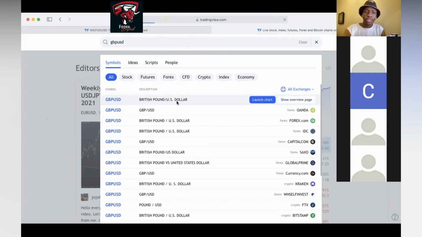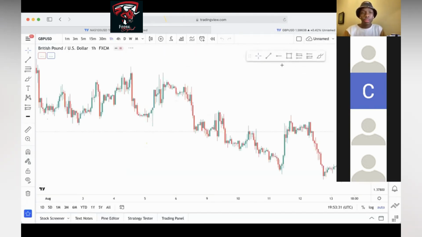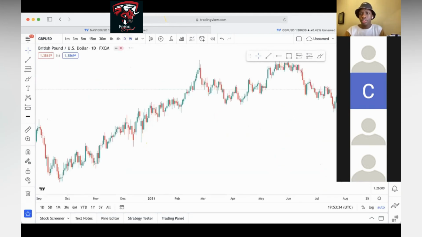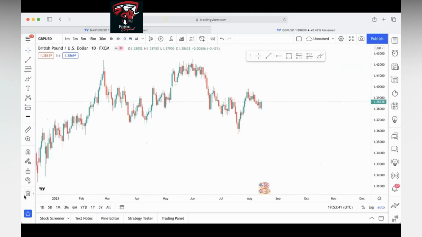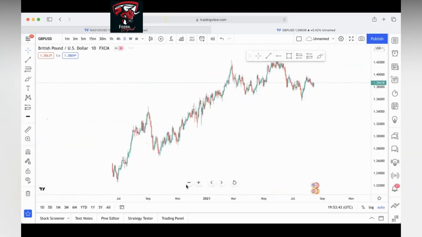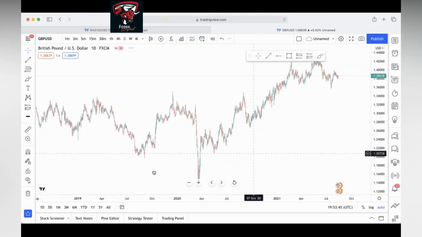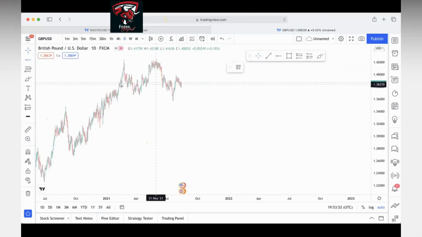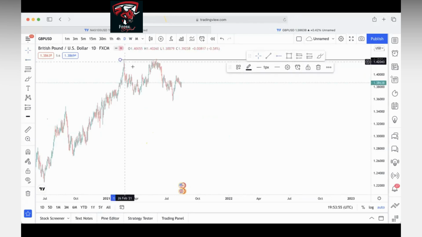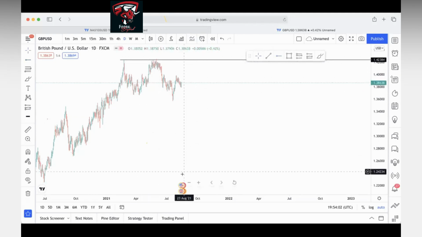Me, I'm not really comfortable with this pair. Let me look at it. How do I remove this thing? So GBPUSD. Okay, first thing I'm looking at is market structure. I can see that it's very, very bullish, right? And then it got to this high, this zone over here. Ever since then, it failed to break above, failed to carry on with the bullish rally, right? So we can expect